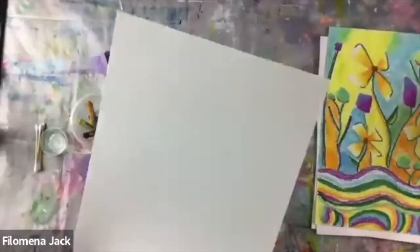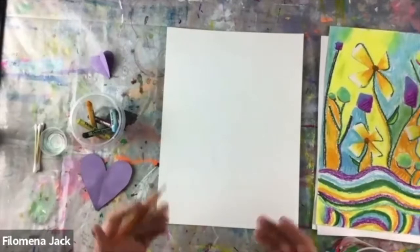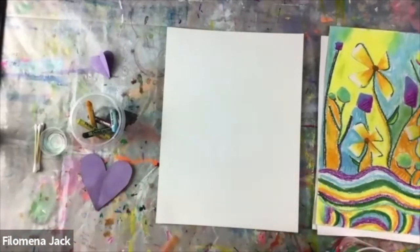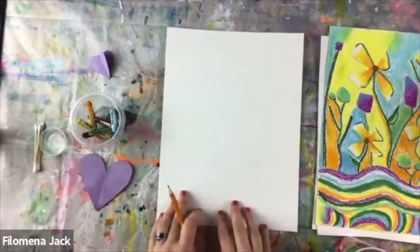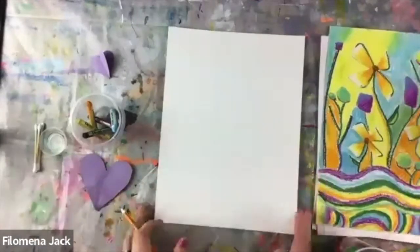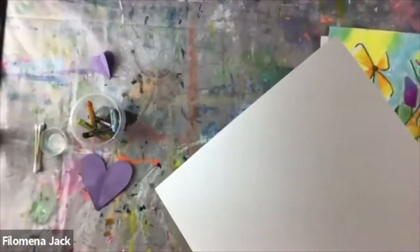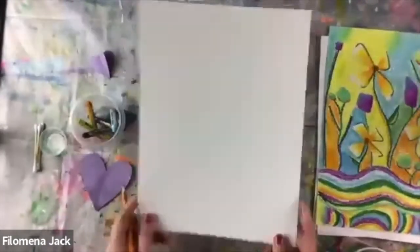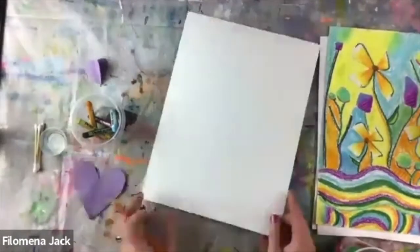The paper that we're using is called cold press paper. And what that means is, as it's being manufactured, it goes through rollers that aren't heated up. If you've ever used a curling iron, a hot curling iron or a flat iron flattens your hair. So you could get watercolor paper that's hot press, which means those rollers would be hot, but we're using cold press. So you're right, Michelle, there is a texture. There seems to be a texture that's more robust on one side than the other. This is artist's choice, but I'm going to maybe suggest you pick the opposite side to start,